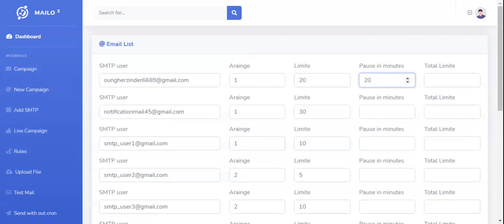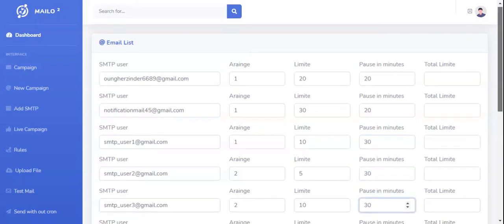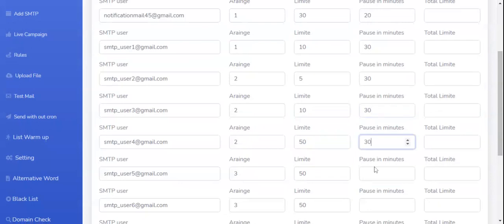With a pause time of 20, after sending this mail, the email ID pauses for 20 minutes. You can set 20, 30, or any duration according to your requirement. For demo purposes, I'm just setting the same values for all mail IDs.